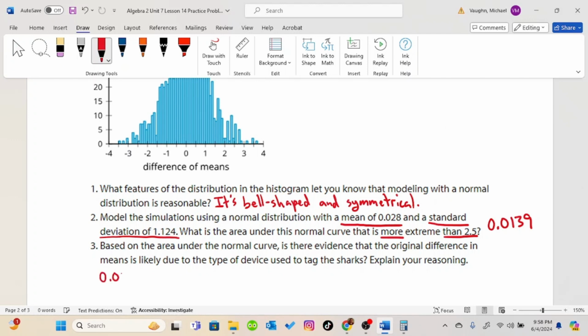Well, 0.0139 is 1.39%. So if we can only replicate differences as large or larger than the experiment by randomization, then it is unlikely due to chance. So, yes, it's likely the device